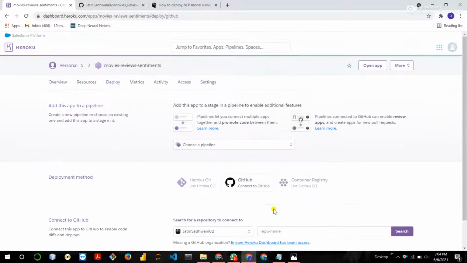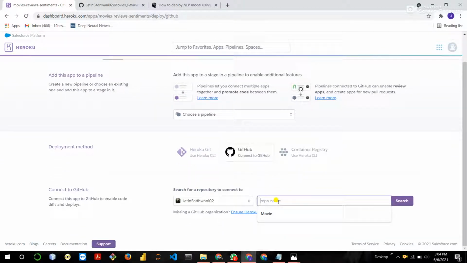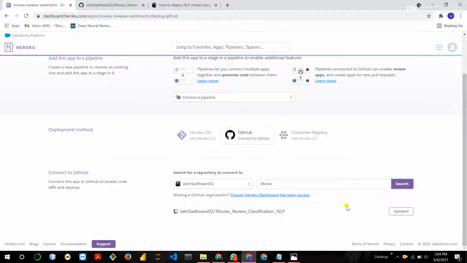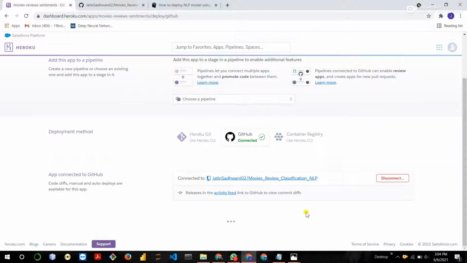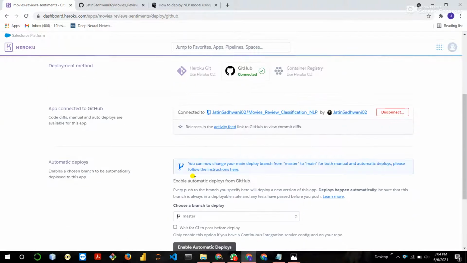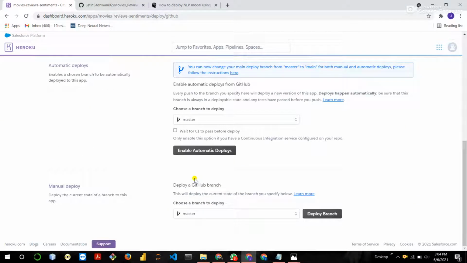Like my GitHub is connected to Heroku, just simply write the name of the repository which is pushed into GitHub. Movies review classification is a repository in my GitHub. So I connect this repository with Heroku. Like this, it is connected, and just scroll down and simply click on deploy branch.